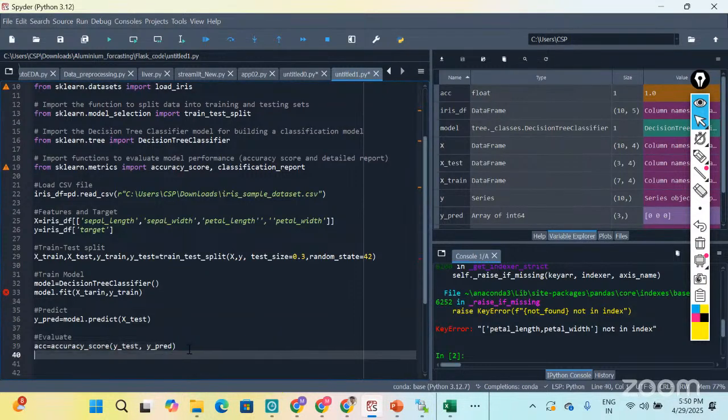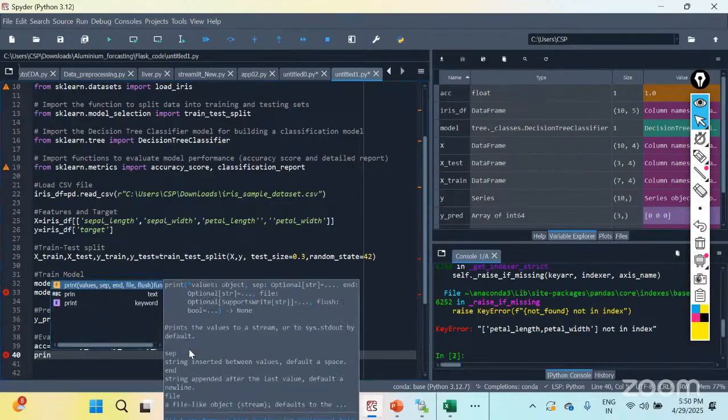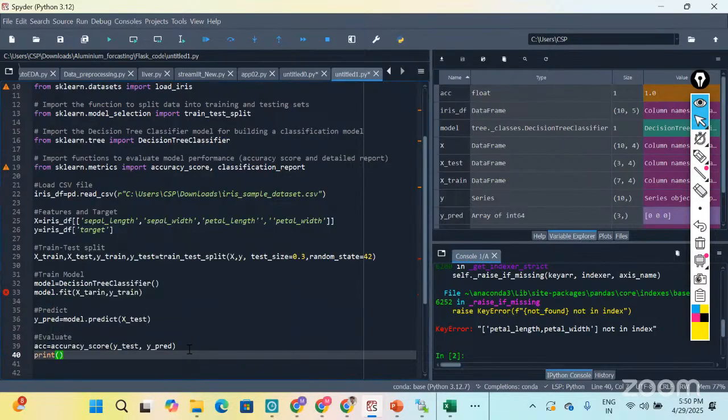Next, to print this, we need to write print. So we wanted to print some code here. I wanted to check the accuracy, so I will write here accuracy, which is nothing but I'm giving the formula for it. Accuracy into multiplication of 100. I'm taking this as .2f in percentage. Okay, done. Now I need to, which is optional.